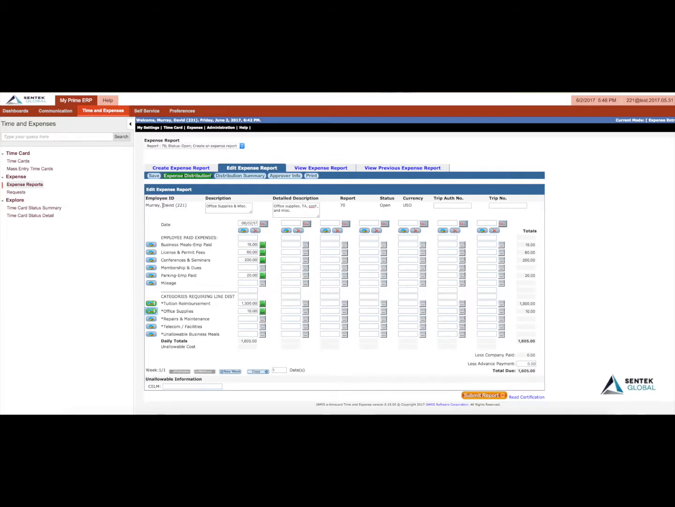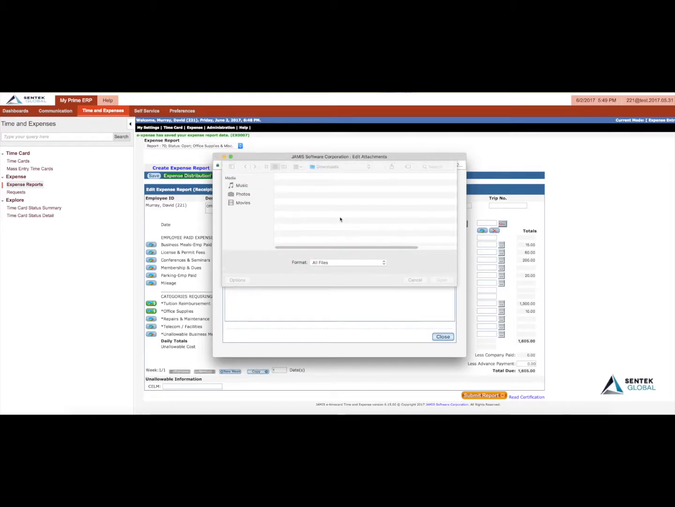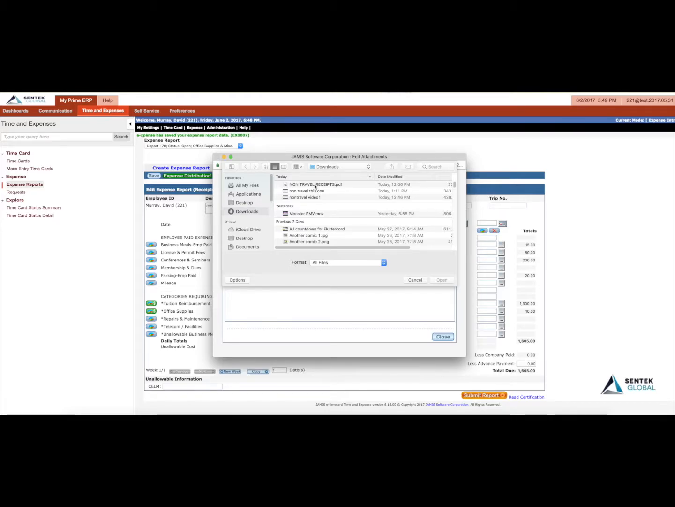Next, I'm going to save my report, but I want you to notice that there is no attachment button here. Once I save it, the attachment button appears. Next, I'm going to click on the attachment button, and I want to choose a file. So I'm going to click Choose File, and I'm going to attach all my receipts and all of my backup documentation for my coursework and conference